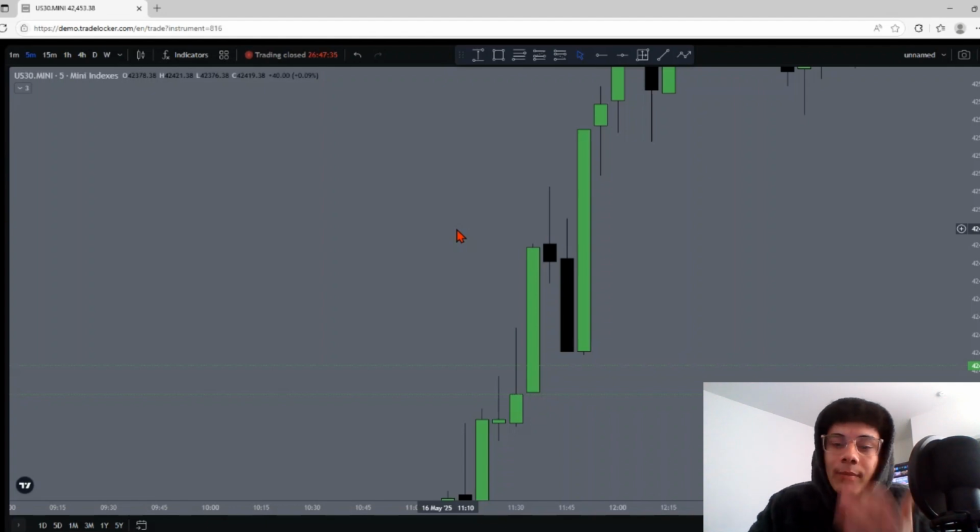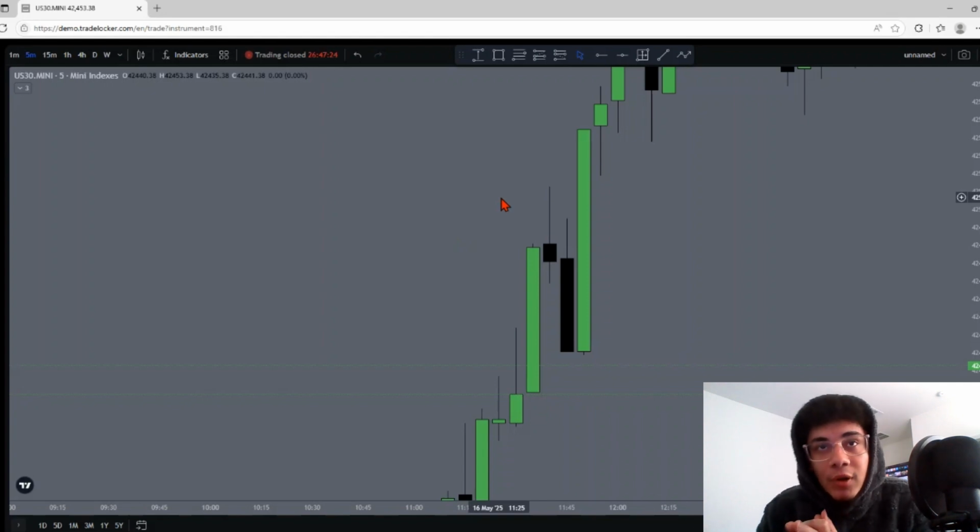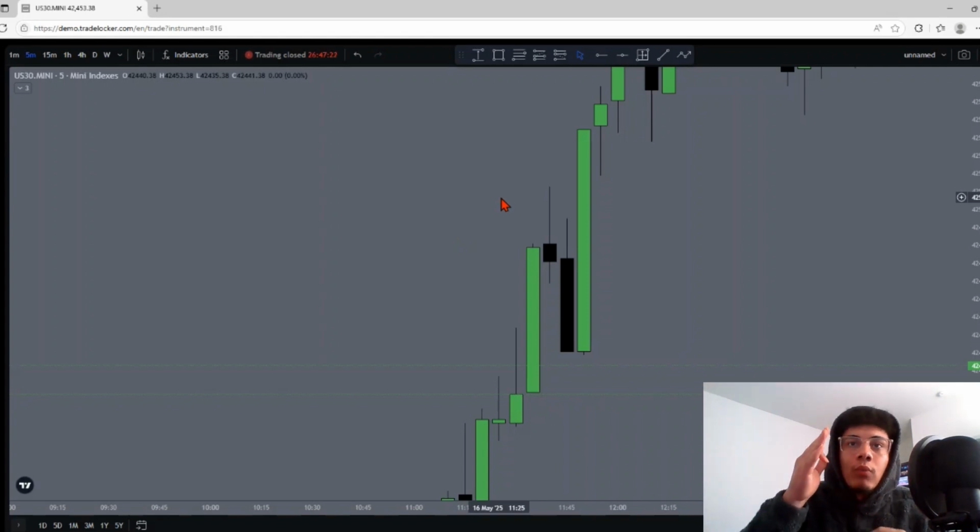Okay. Now, what I mean by that is the wick is a representation of where price was originally, and the body is a representation of what's being done to price currently. Now, with that understanding, you can kind of get a gist of, oh, now I know. You feel what I'm saying?